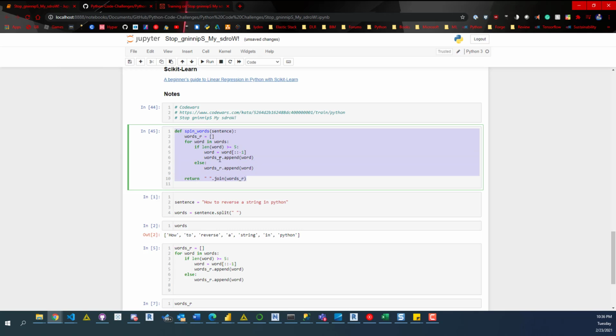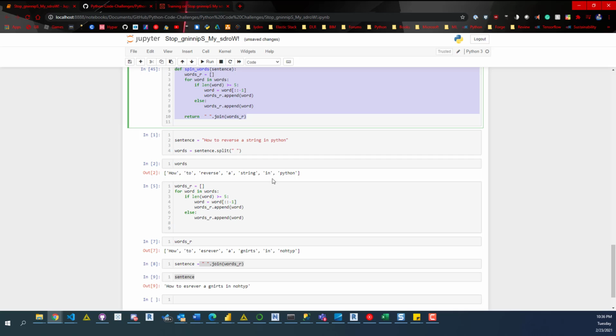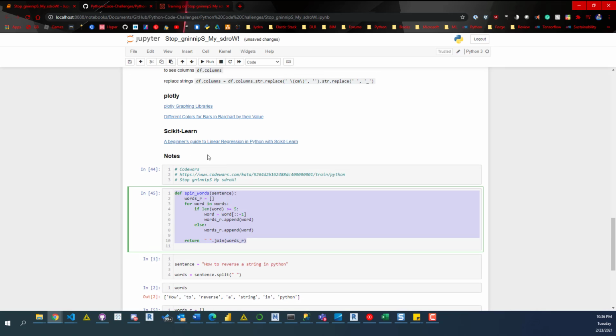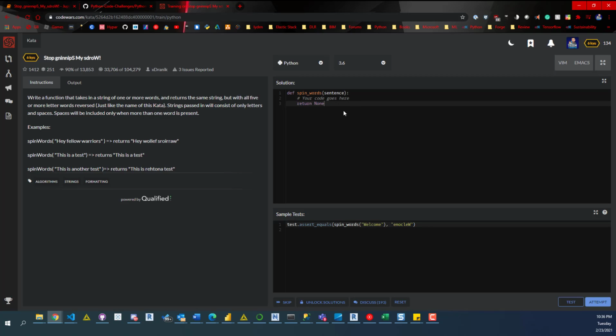And now, we tested it. It looks good. What I'll do is just copy this stuff, jump back into here, and then just paste it in. And then if there are issues like this,